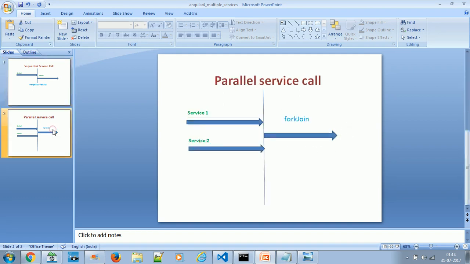In the same way we will see the parallel service call, or the asynchronous service call, in which we can have two services being called in parallel at the same time. It is not sequential, meaning both services may be independent of each other, they don't have to depend on each other, and finally we get one output. We'll look at this concept in more detail in the code. So I jump to the code base now.